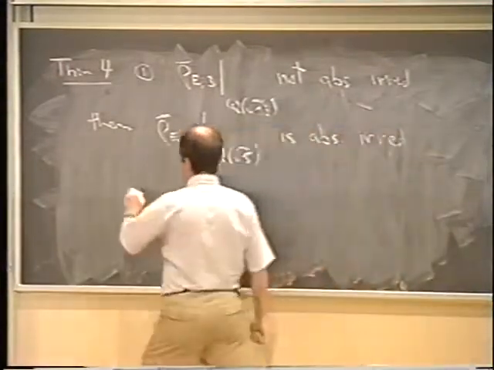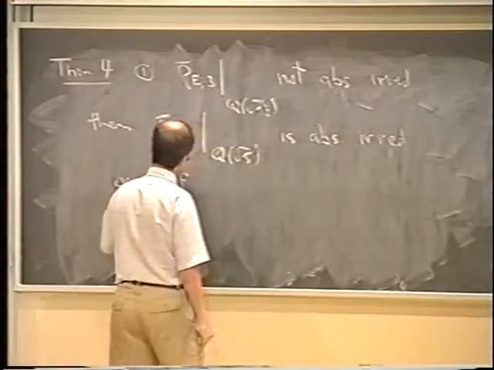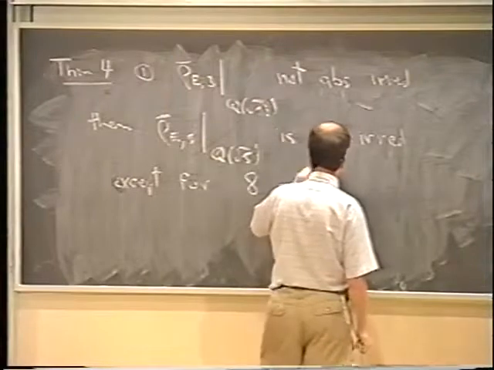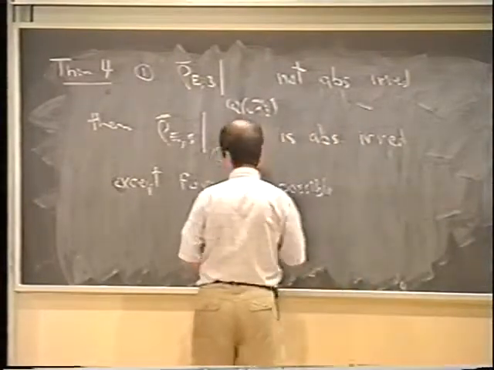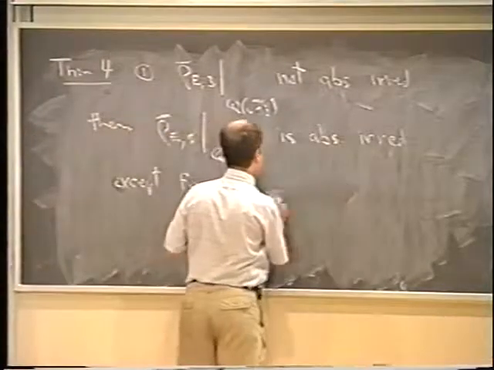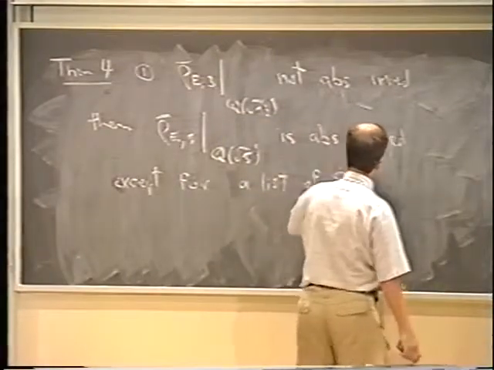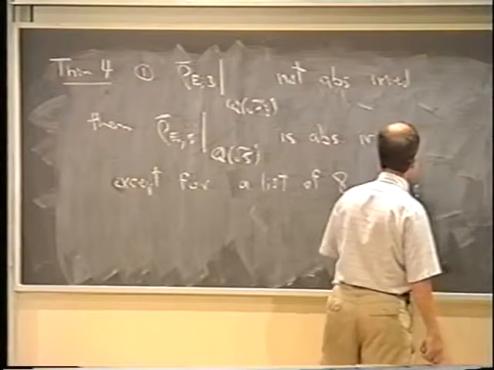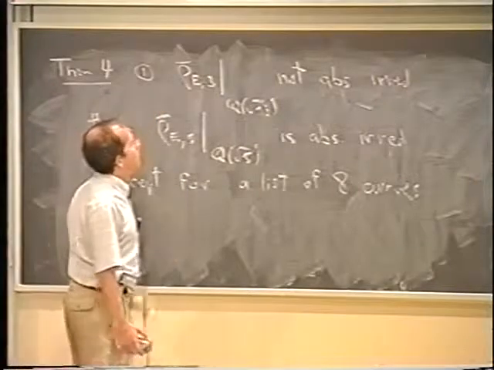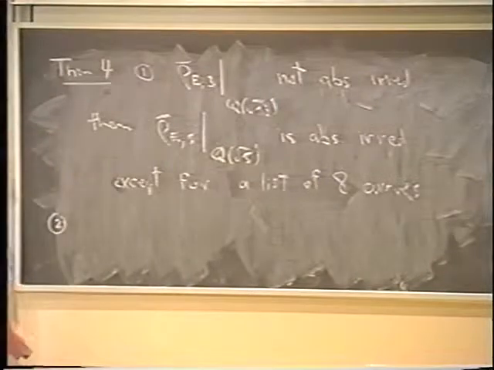except for an explicit list of 8 curves. Four of them we've already seen. It's just that with this stronger assumption we're making, there are going to be 4 more. So that's part one. And part two is going to say that if